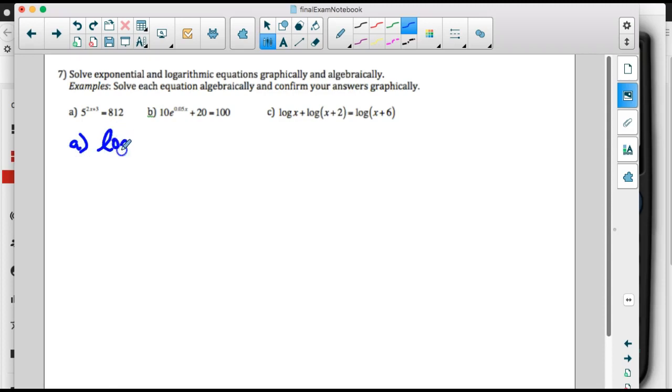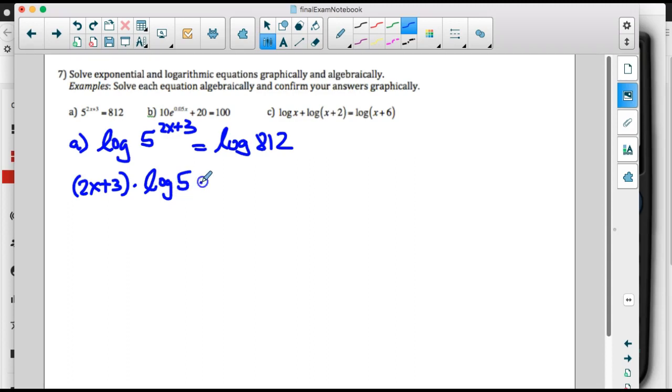So if we take the log of 5 to the 2x plus 3 exponent equals the log of 812, we can then use the property of log that says we can move this exponent down in front. So it would come down in front as a 2x plus 3. We would put parentheses around it, so it's times the log of 5 equals log of 812. Next step would be to divide by this log of 5 so that we would end up with 2x plus 3. So we would divide both sides by log of 5,